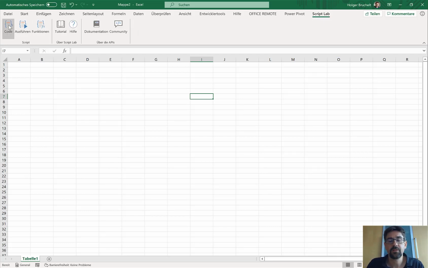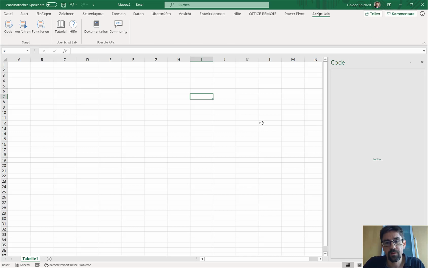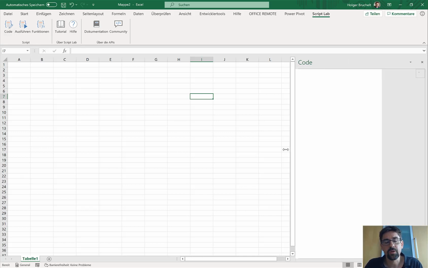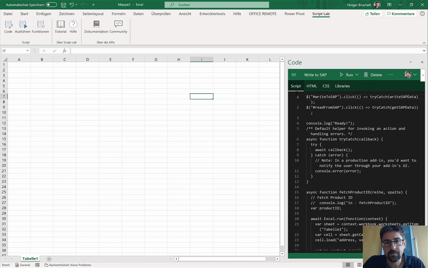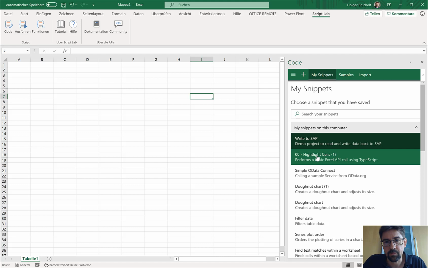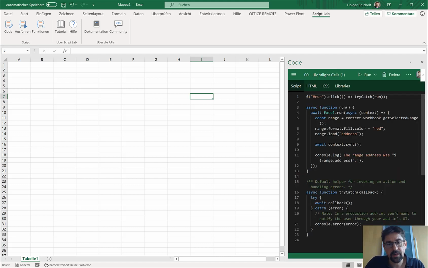And just to get started, just to get familiarized with the concept, with the ideas, there are some templates or some samples that you can use, and they show you how you can interact from this right-hand side here. Actually, let me open up a very simple sample that is available. On the right-hand side, which is basically really just TypeScript or JavaScript, HTML and CSS, with the left-hand side, so with your real Excel container.